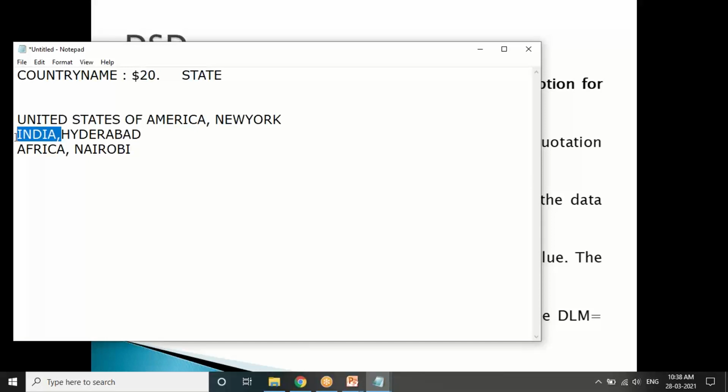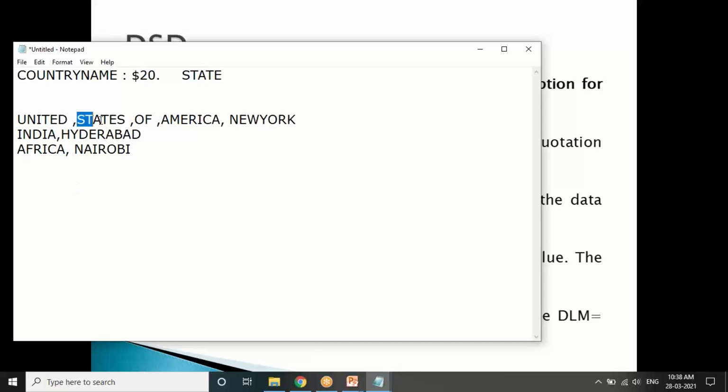So here, what is the problem we have? As I specified, country name equals 20 characters and India is 5. Using a colon sign, we'll be able to manage this and read it. But let's assume I got the same data now with commas like this. The problem here is, after the United there is a comma, so it is not able to read the next values, because after the comma, it will stop reading.